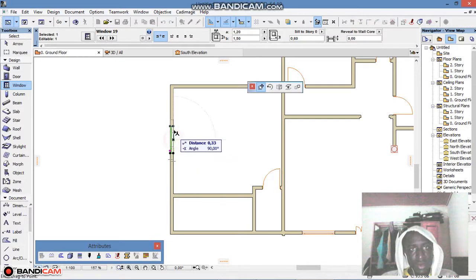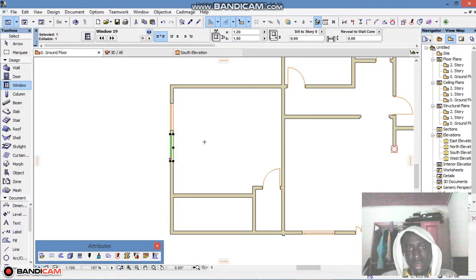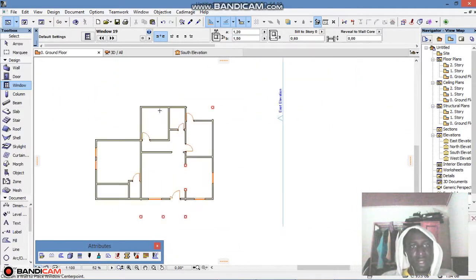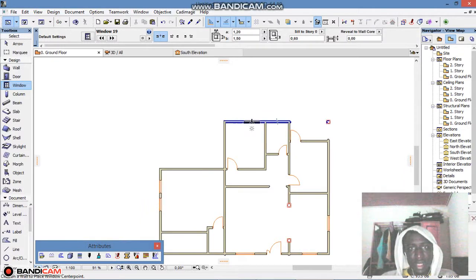Firstly, I'll drag this window upward. I'll drag a copy of this window so that we can have enough ventilation, or rather I can reduce the sizes from 1.2 to 1.2 and I just let it be 1 meters each. Okay, here I'll give this window